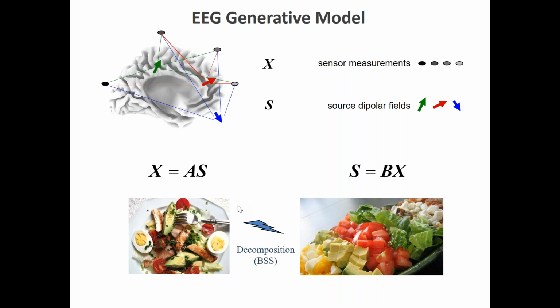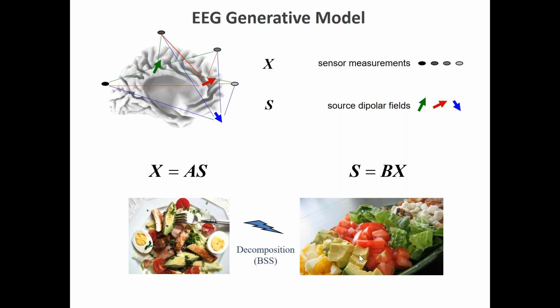So on an intuitive ground, it's just like we observe a salad. EEG is just like a salad. Everything is mixed up together. And what we want to do is to decompose this salad in such a way to be able to find all the ingredients. If we can find all the ingredients, then we can either remove some of them, for example, for artifact rejection, or study just one ingredient, for example, for neurofeedback. I'm going to talk to you about those things.